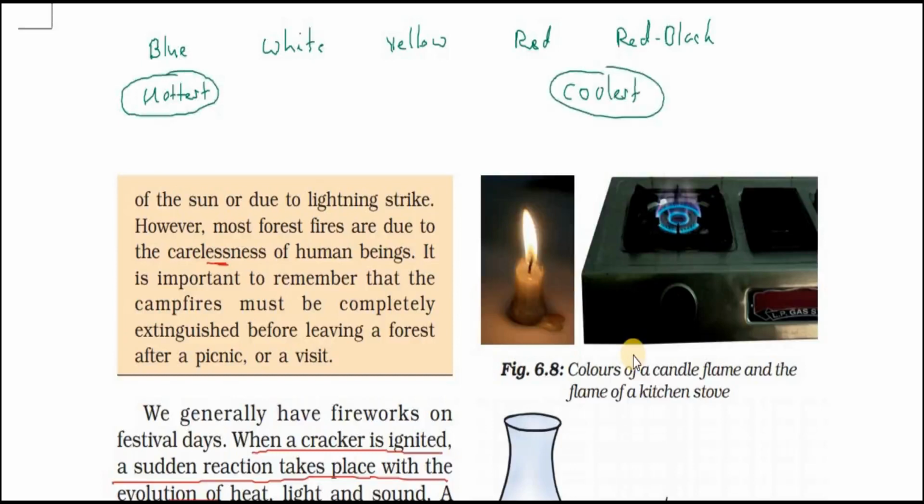So very high heat, less heat up here, and yellow would be somewhere in the middle. So a candle flame will have comparatively less heat compared to a gas flame, right? A blue flame, if it's blue, it is more hot. Remember this: blue, white are hot. Yellow is somewhat less, and red black means there's more impurity, less heat. So this will be less hot. That's our rule of thumb.